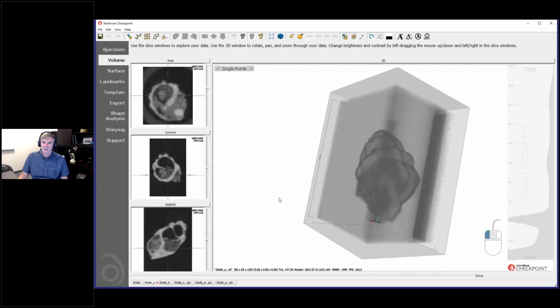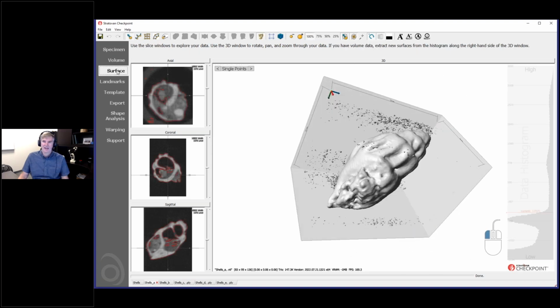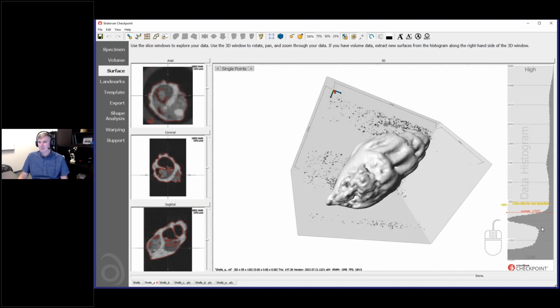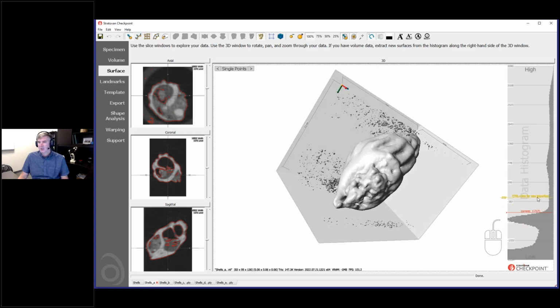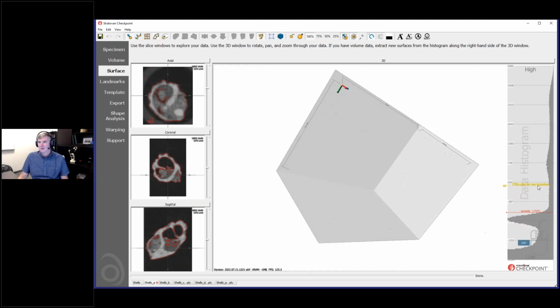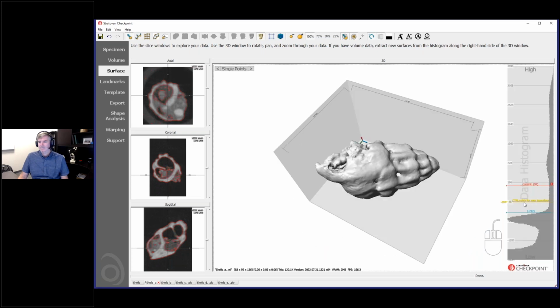So if you do the surface, volumetric export, you get the raw volumetric data, and then you can change the surface that's extracted on that specimen, on that new specimen. So if I want to, I'll show you here. If I move this up in the density, then that gets rid of that noise there. But also you see the surface shrink a little bit. If we go down here,